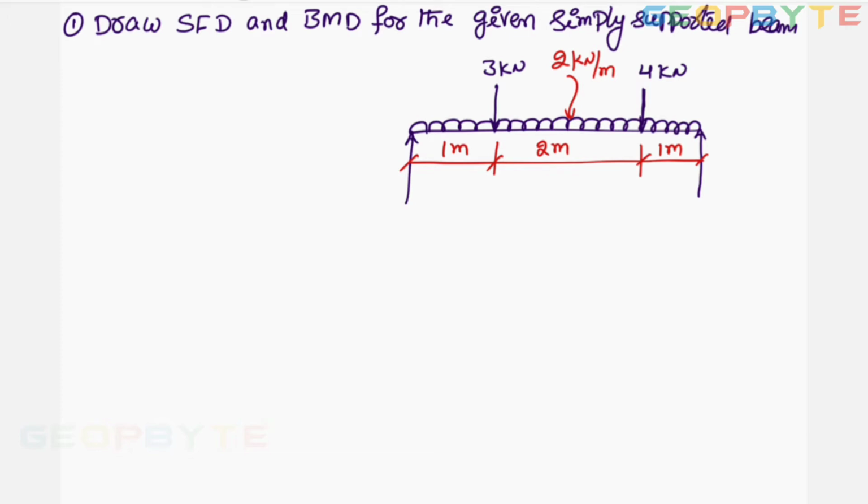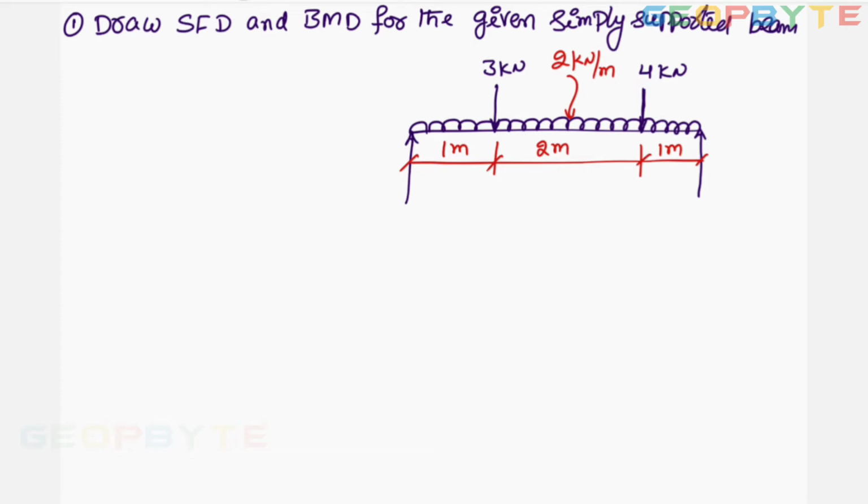Look at the diagram. The diagram is for the simply supported beam. For that simply supported beam, UDL is acting throughout its length. Though I show the UDL between the 2 point loads, remember that UDL is acting throughout its length. The same magnitude will be acting over the entire length, that is 4 meters.